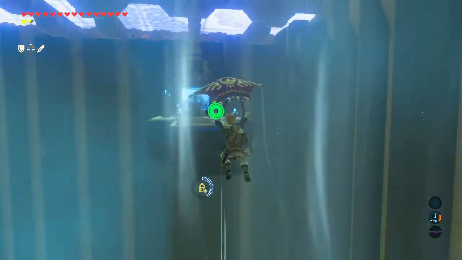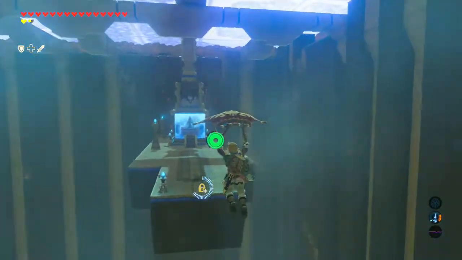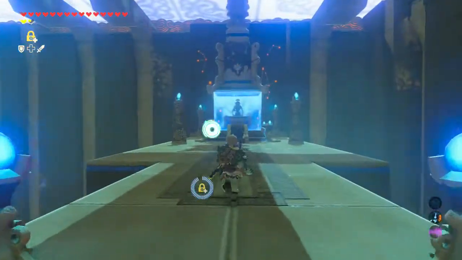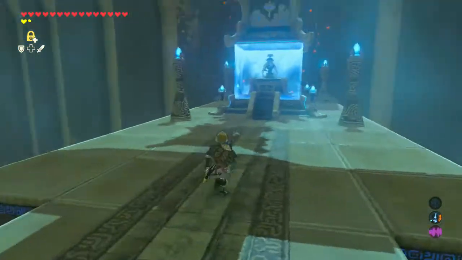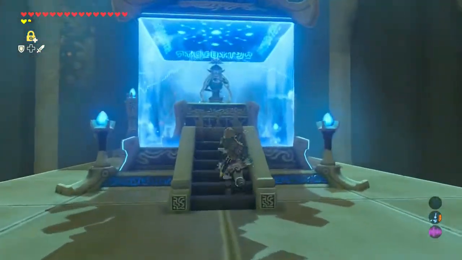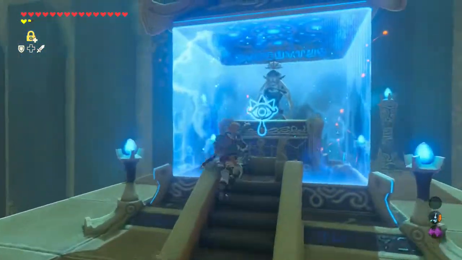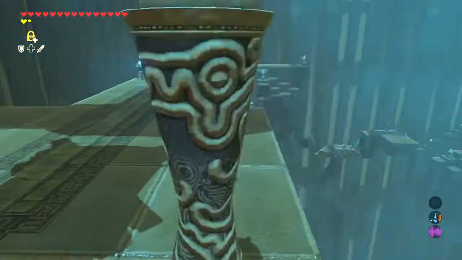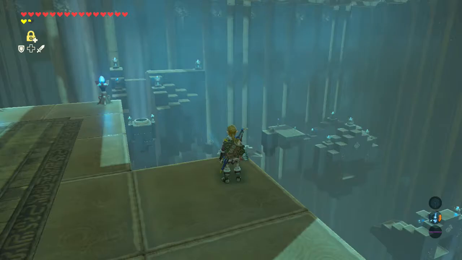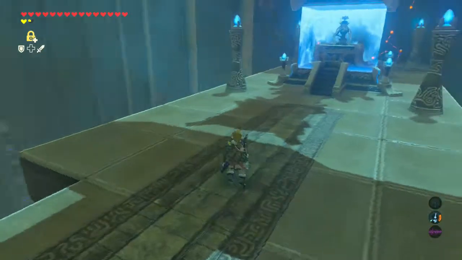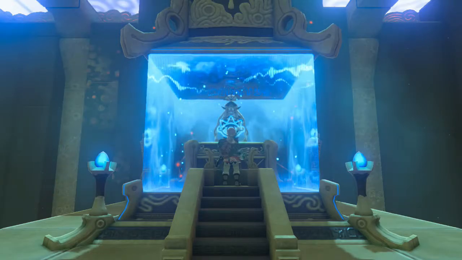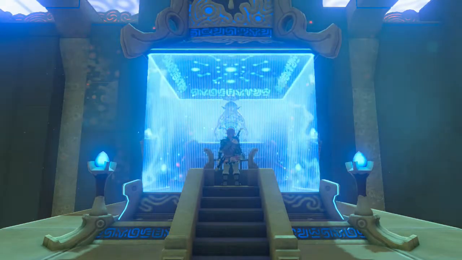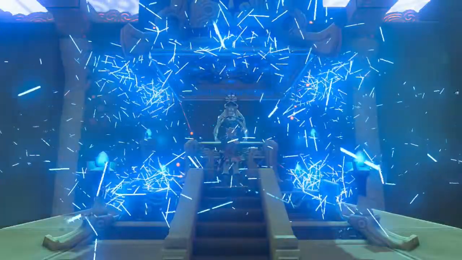And with that, that was literally the entirety of the shrine. It was real short, but it was still fun. If you didn't kind of break the challenge in half, it is a challenging shrine. I think the timing can get pretty difficult, and even when you do use the bomb arrows, it can be a little bit challenging to time yourself correctly, especially using the tilted kind of windblower things, because you have to kind of do this weird moving back and forth thing in order to stay within the current. I don't know, it's a little bit challenging even when you do use bomb arrows, is all I'm trying to say. Hey, did I mention the fact that it was challenging?